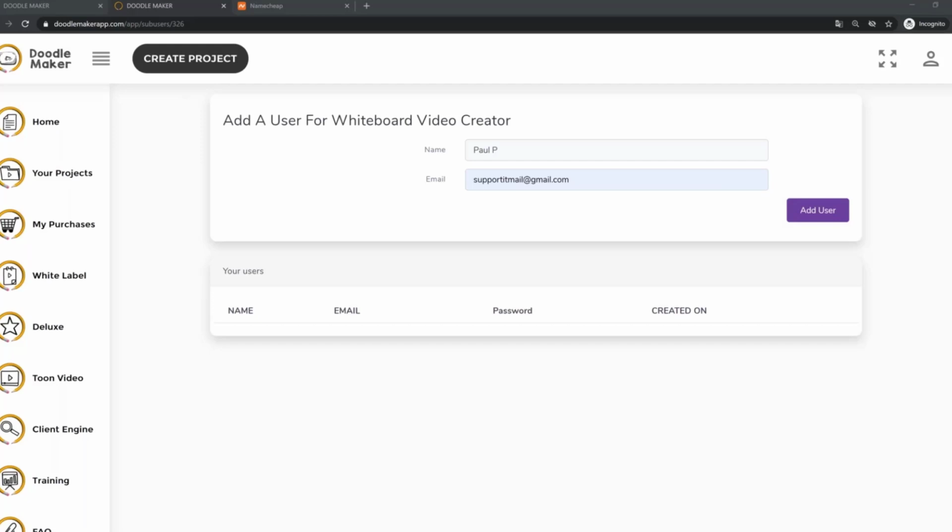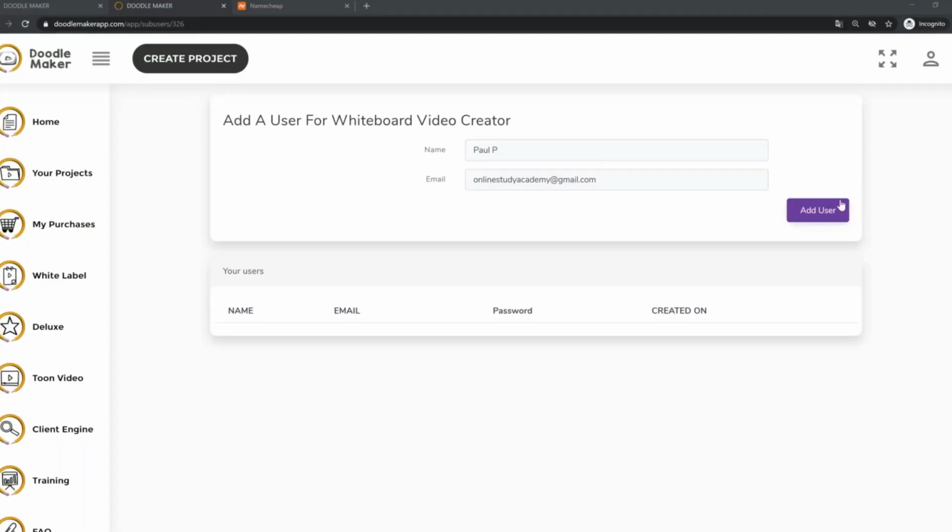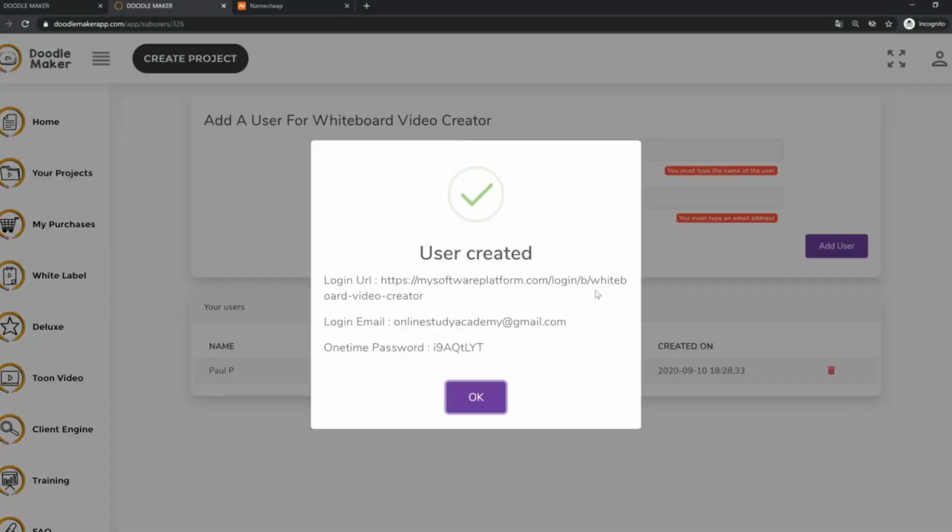Let me get my other. All right, so this is one of my other accounts. Let's try that one, and once you click on it, it should load up. Okay, so there you go, it's loaded up. Obviously, I'm going to delete this user, but you see how it says the login URL